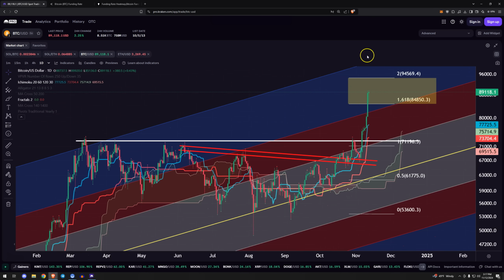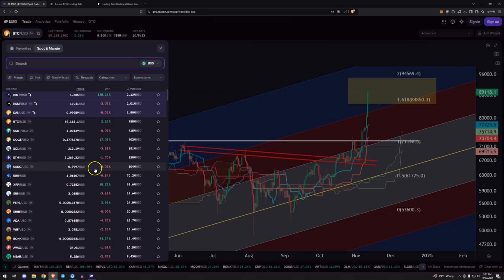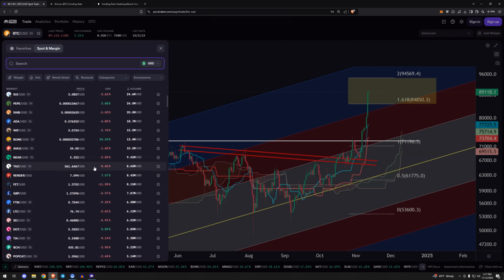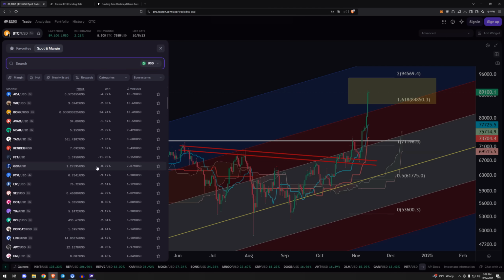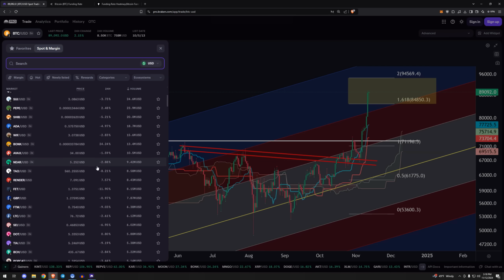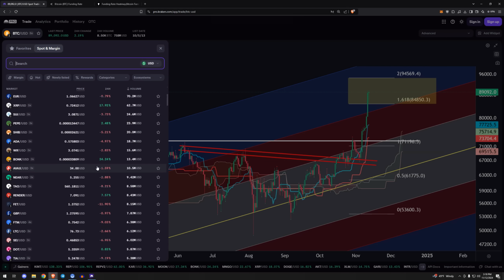And that's going to inform my decisions on the alts side, certainly, because if we look today, some alts doing pretty well, but most alts still pretty red. It's kind of feast or famine a little bit for alts. So even though BTC pulled back and regained 88, 89, alts are struggling here, right? They are struggling to keep up.